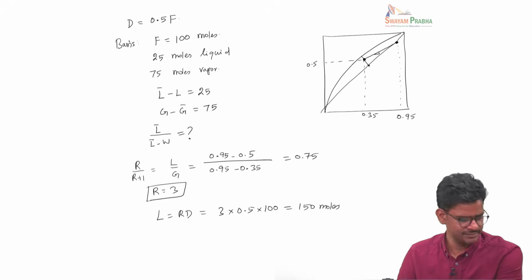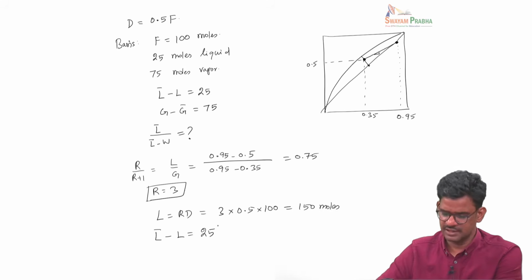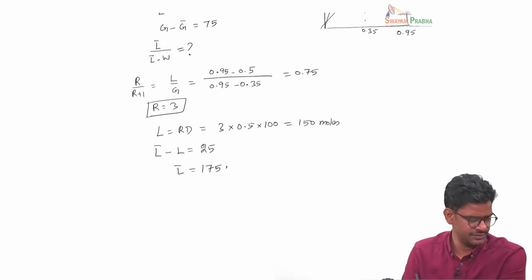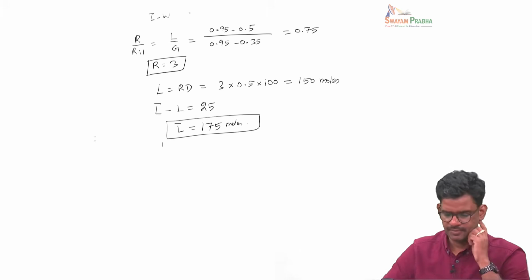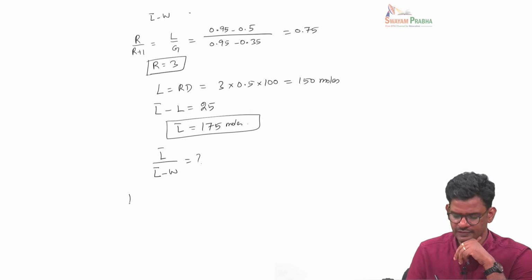This is L, and we already know that L bar minus L is given as 25, and from here we can solve for L bar, that is 175 moles. And the stripping line slope is given by L bar over L bar minus W, but we need to know what W is. So, to find W,